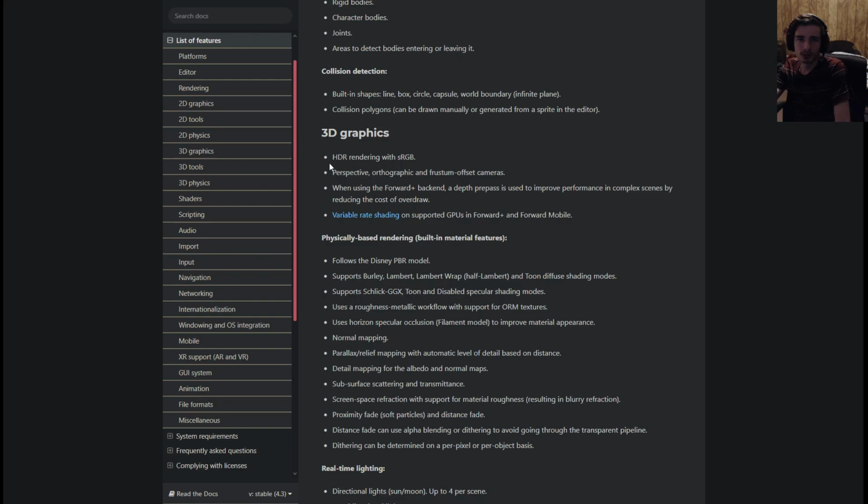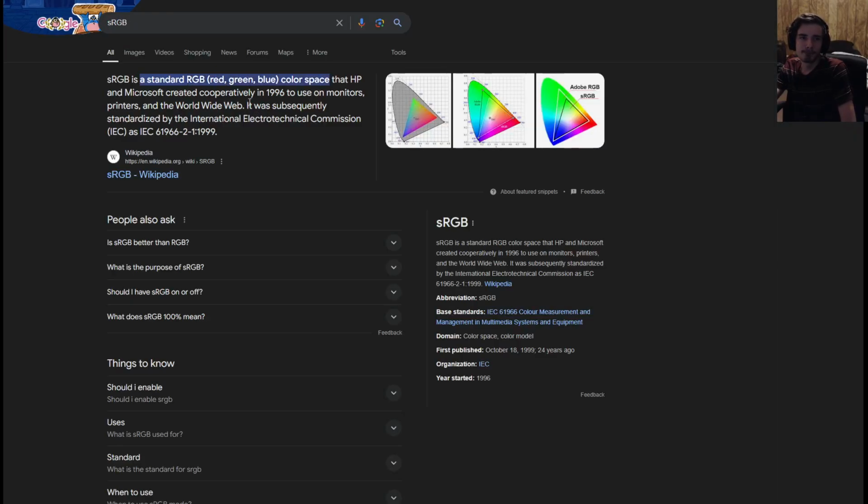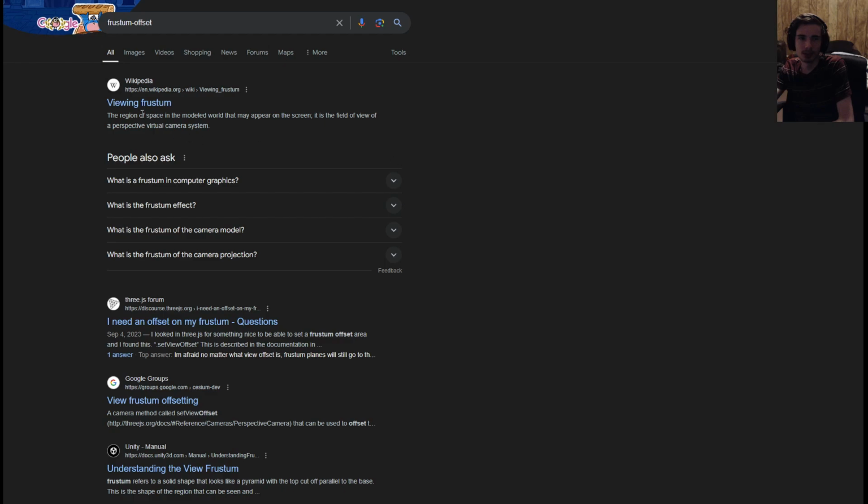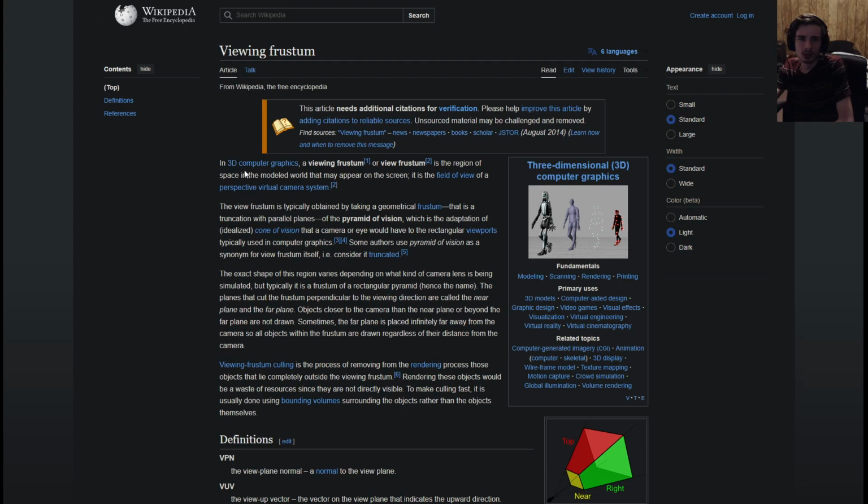3D graphics. HDR rendering with sRGB. For sure, nice. Perspective, orthographic, and frustum offset cameras. Frustum offset cameras. A viewing